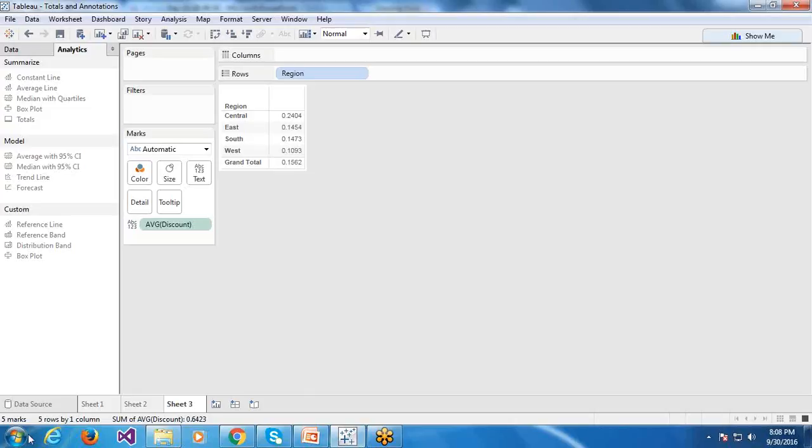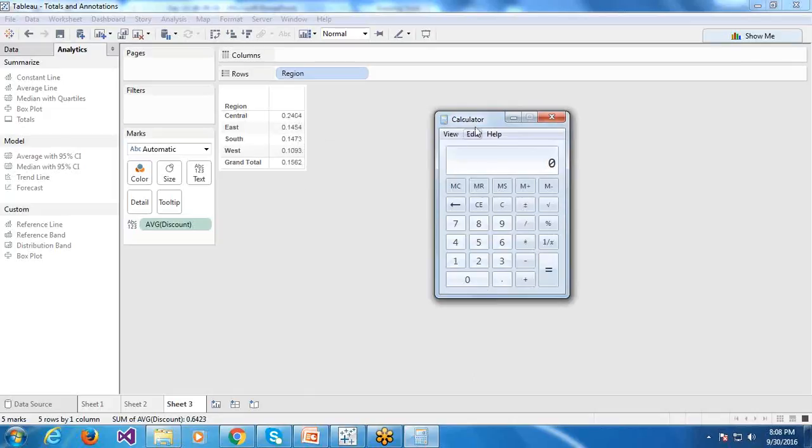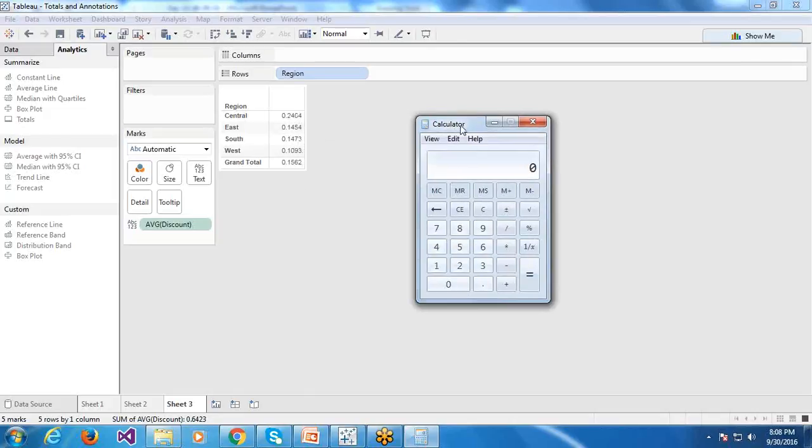But the thing is, average is not applied on these four values; average is applied on the underlying data. Let us validate: 0.1454 plus 0.1773 plus 0.1473 plus 0.1093, divided by 4.